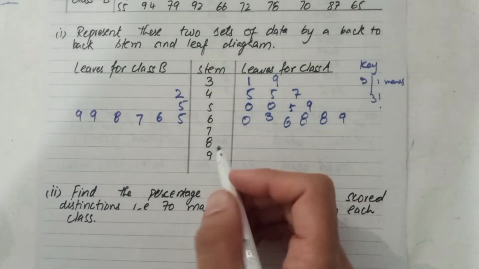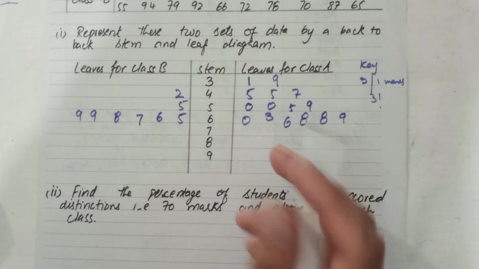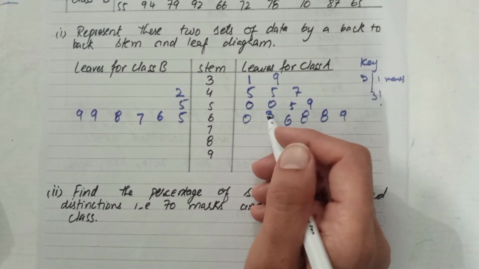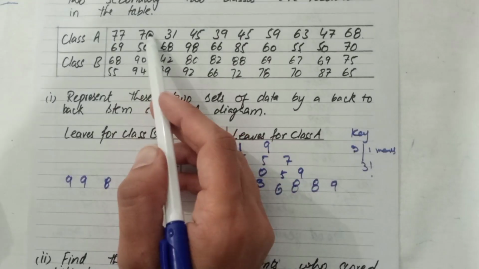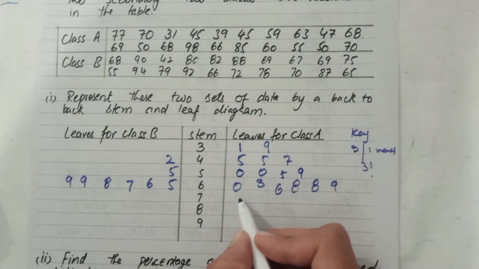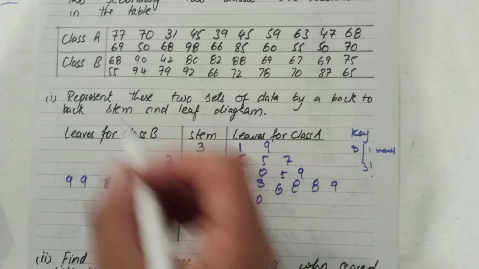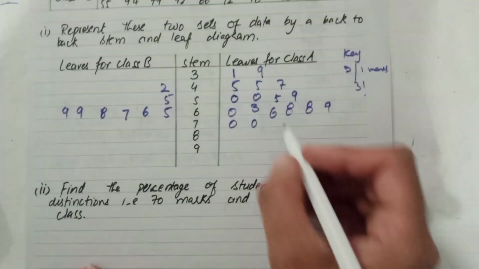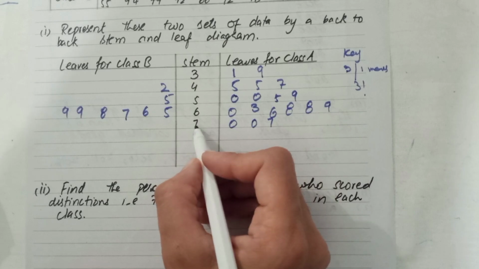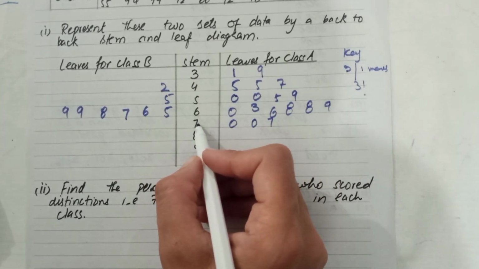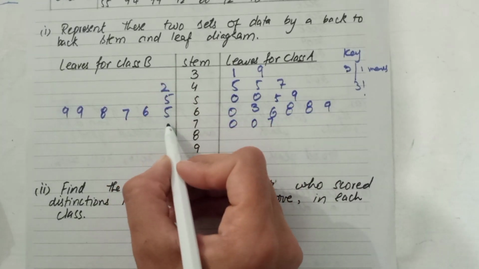Yes, and for stem 7, there is 7 in class A, 0 and 0, 2 zeros. Yes, and 77. Yes, this is. And for class B, there is 70,